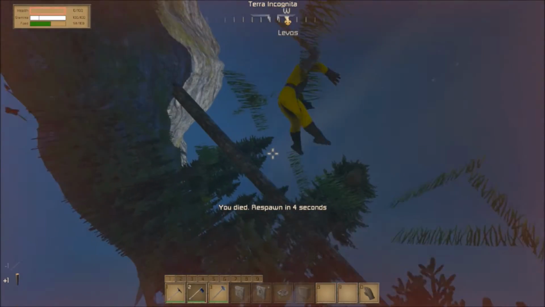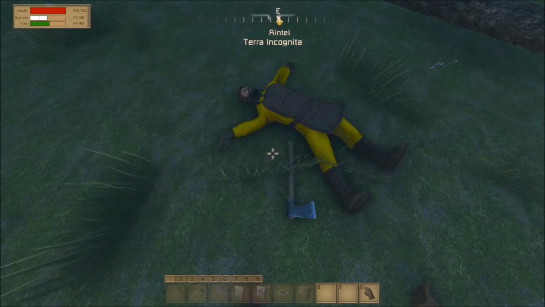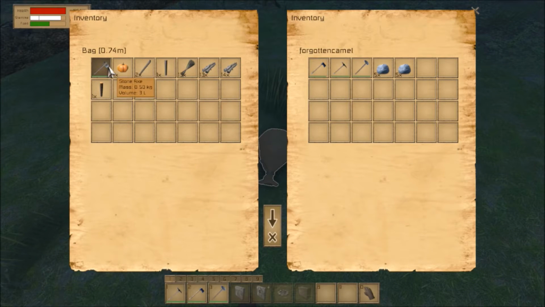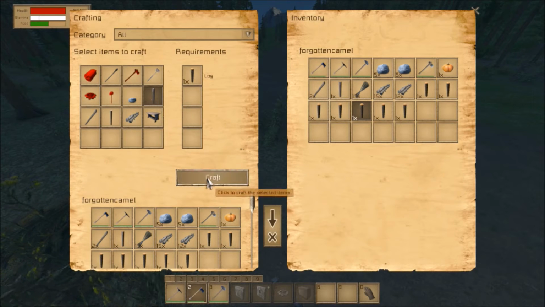Don't fall on me! And that's the second time I died. Hello, dead me. And you're gone. I guess it didn't want to cause a paradox of having 2 me's in this world. That makes sense. Okay, so let's...